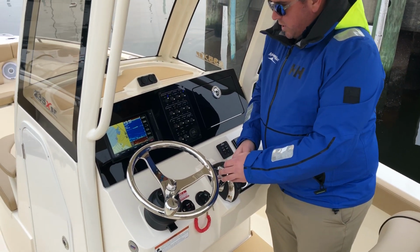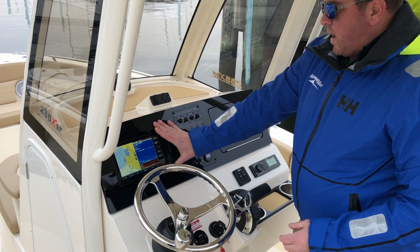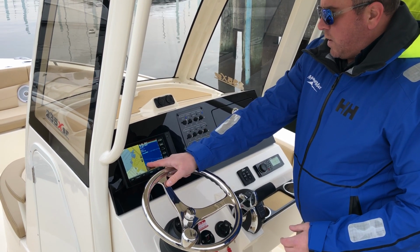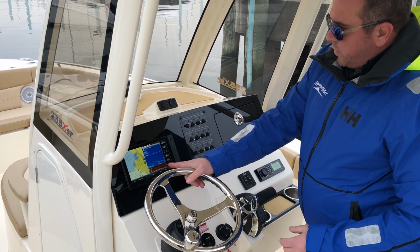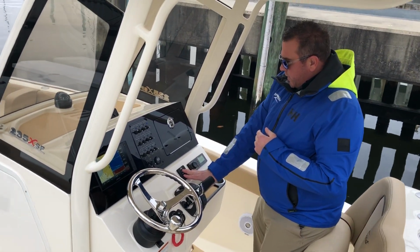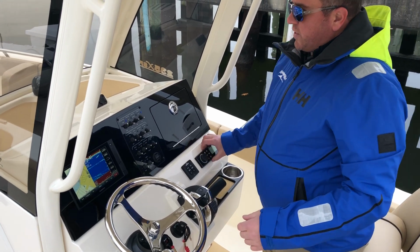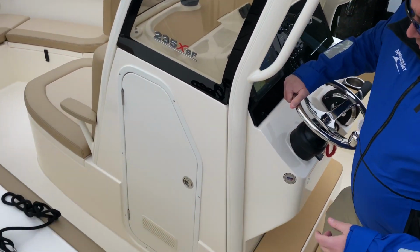You have your digital shift. Garmin multi-purpose GPS allows you to not only see where you're going or where you're headed, but also has sonar to it as well. Trim indicator switch, which is great so you have an idea where your tabs are at all times, and a Fusion stereo. Moving forward,